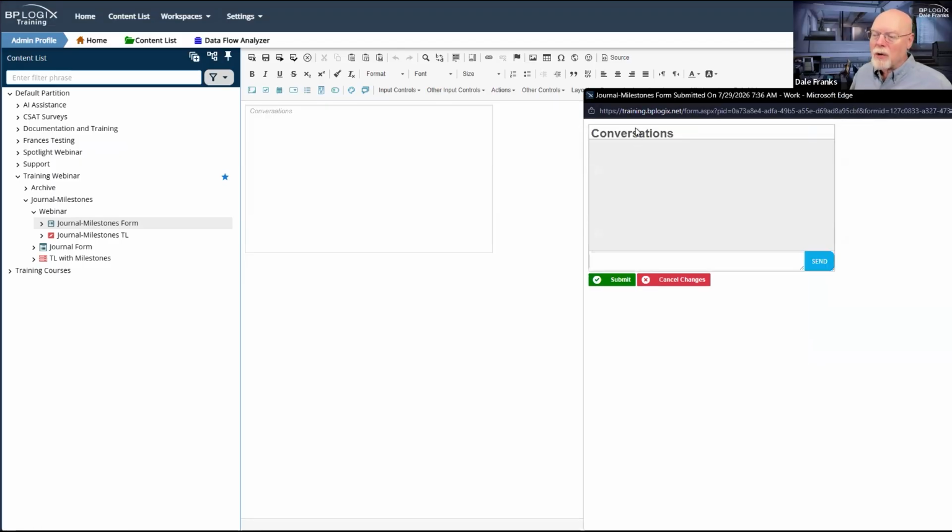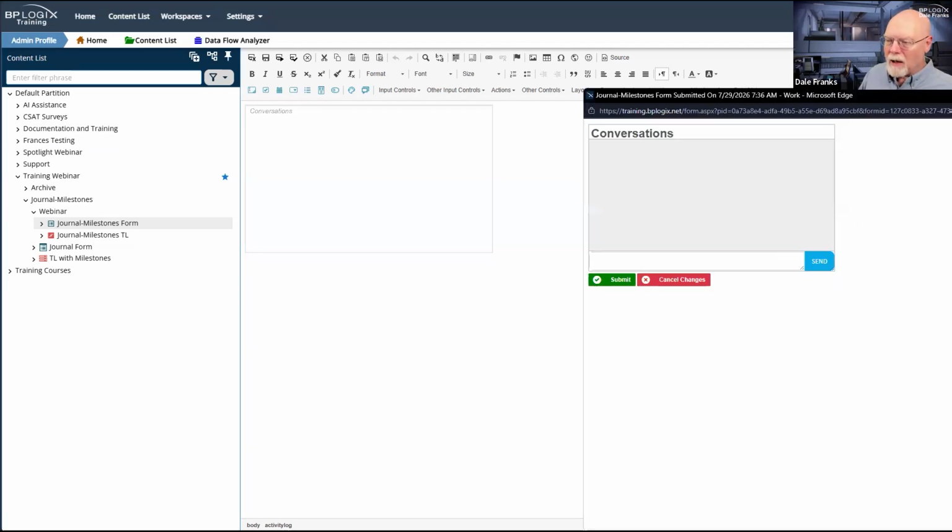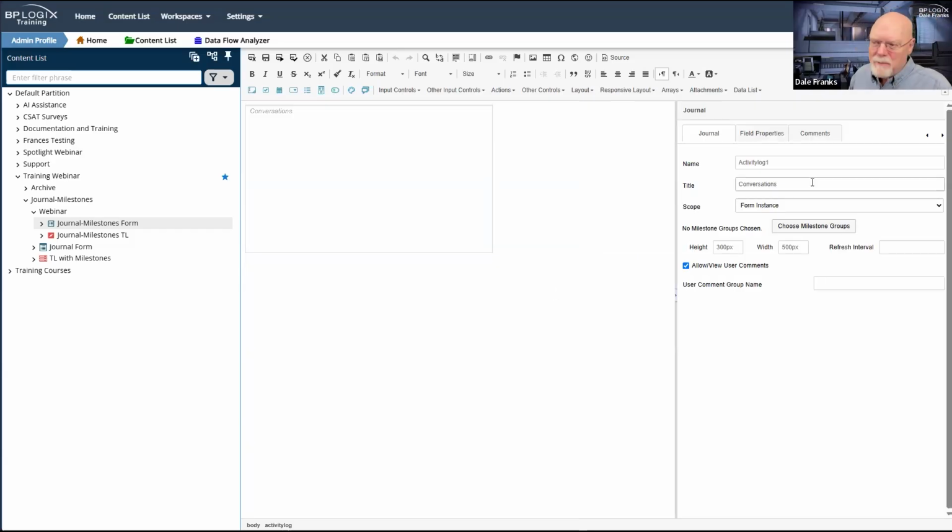And now my journal control says conversations, because that is indeed the title that I have. So leaving the title blank does not mean that there will not be a title on your journal control. It just means that the title will default to journal. So technically, title is an optional property, but you're probably going to want to use it rather than just show journal.